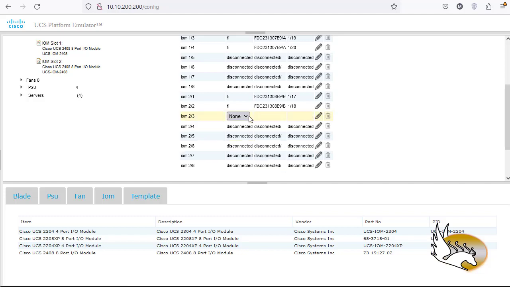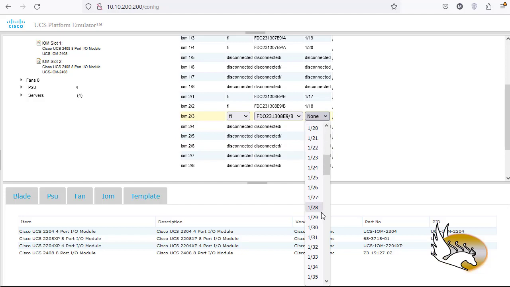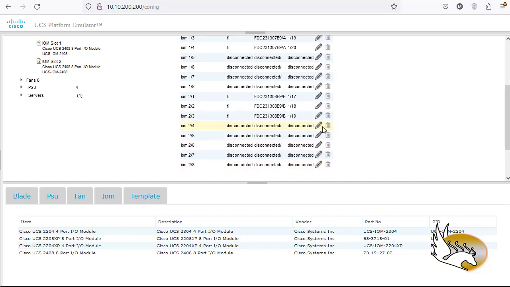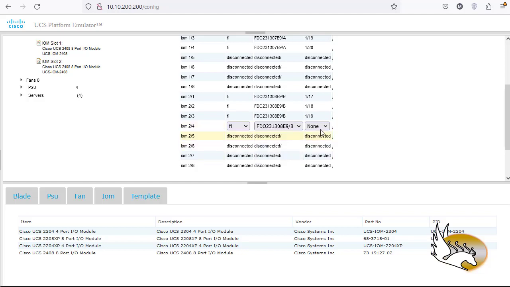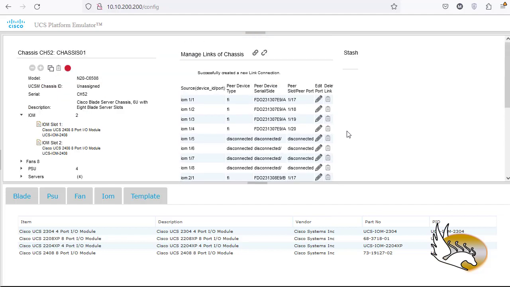And this one is FIB, port 19, sorry. And the last one, port 20. So this way I'm going to configure the connections, and when I am done I can just click